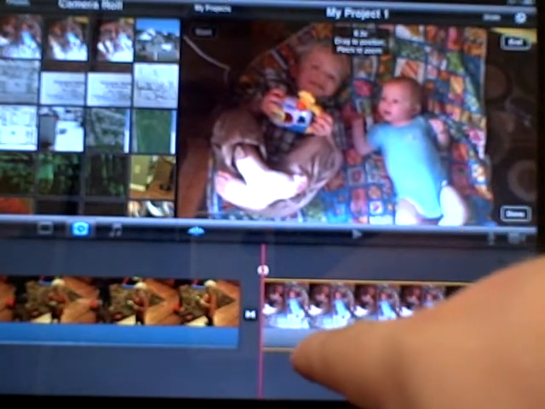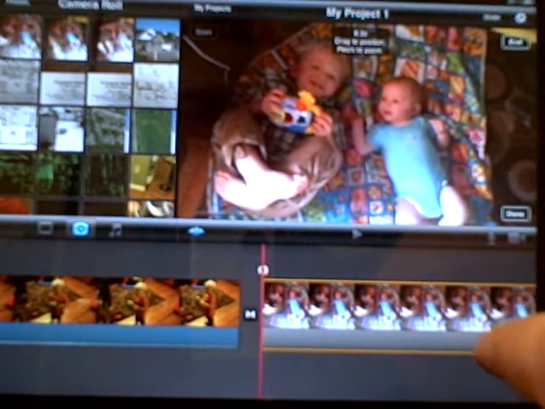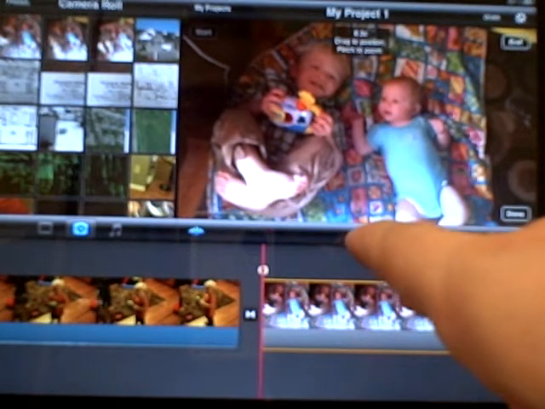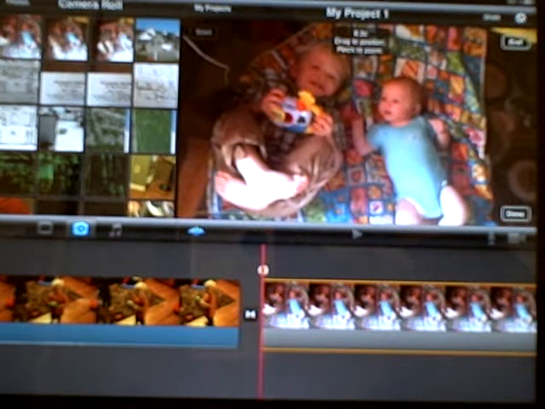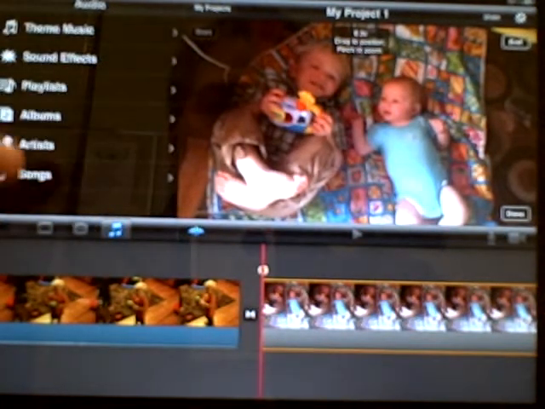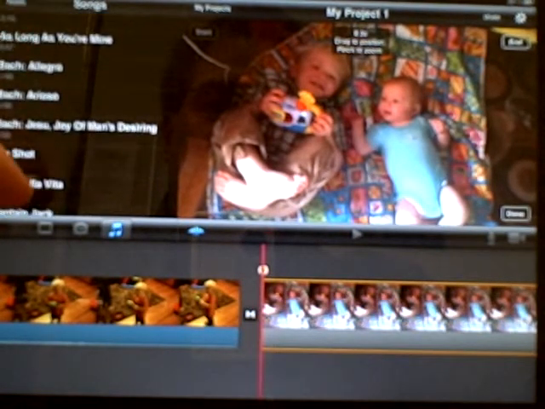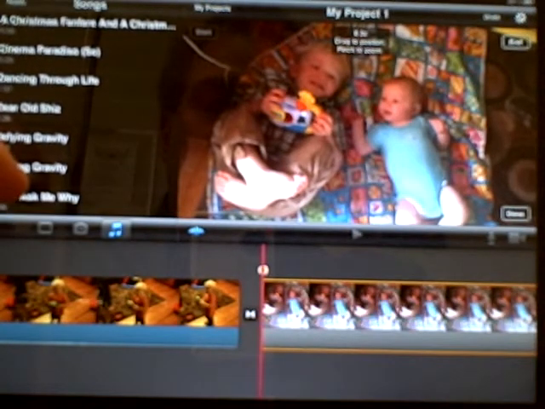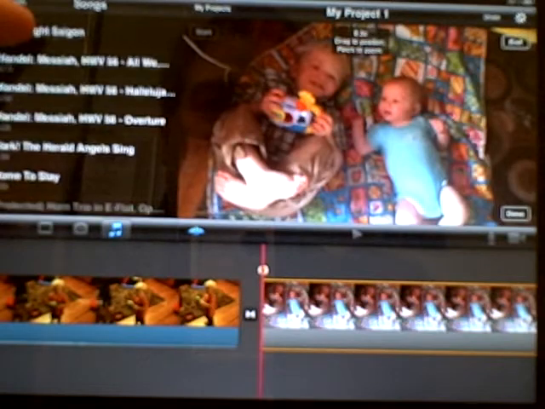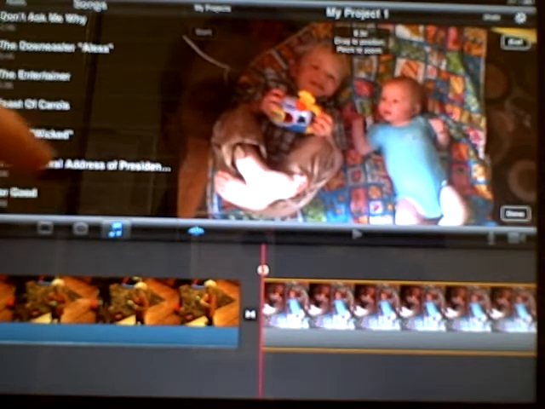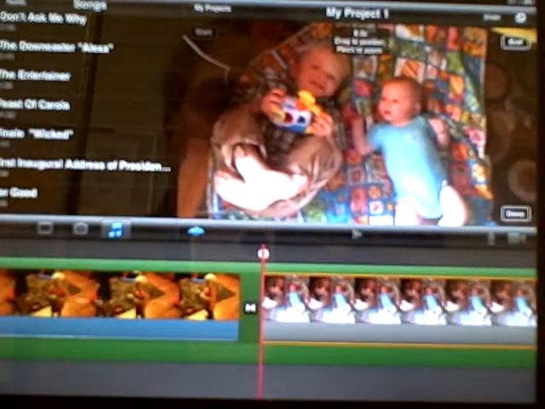So I currently, as you can see down here, is black, or I'm sorry, gray. The gray means that there's no audio associated with that. I can do a couple of different things to add audio. I can record myself using this microphone button, or I can go over here to the music note and I can take any of the songs from my current playlist that's currently on my iPad, and I just got all these songs off of my iTunes account. Now, that will put the audio on the entire movie. Now that's kind of a downside to this,